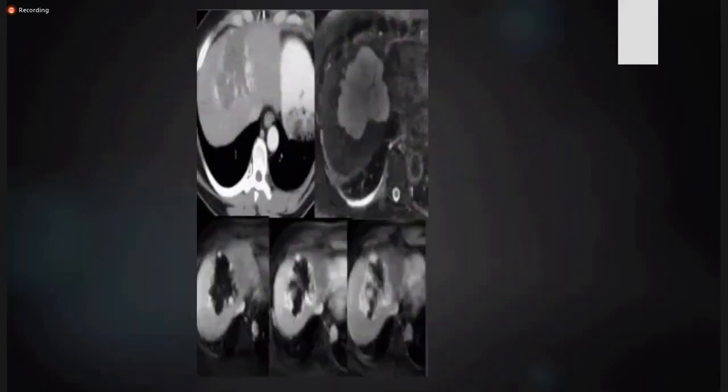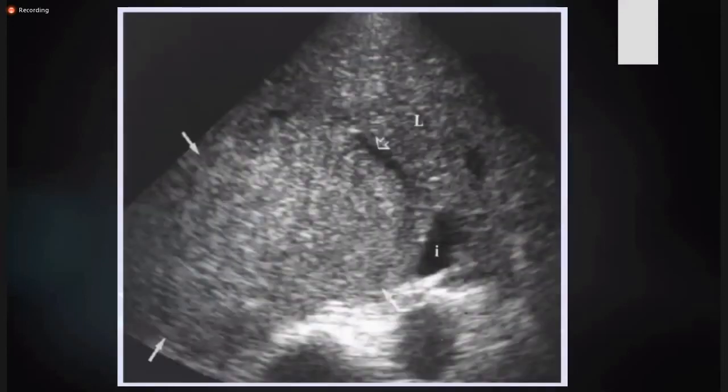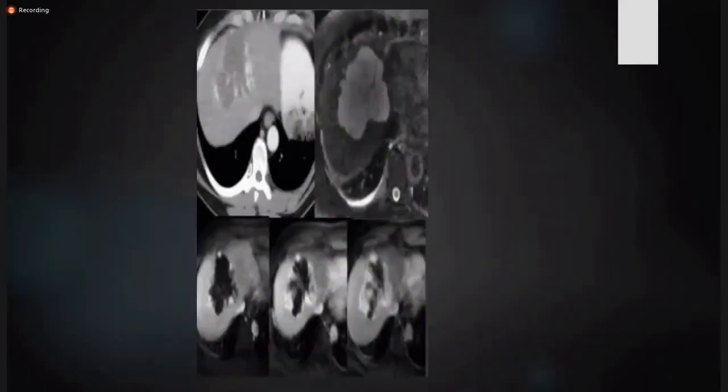So what will you do? You will further go for CT triphasic as we discussed, or MRI triphasic. What will happen on CT triphasic? It will show peripheral puddling of contrast. The contrast will be seen in the periphery. On the first phase, the contrast will be seen in the periphery, and on the delayed images, we will see it filling in. So this is a typical hemangioma in which the first image shows peripheral contrast, and then the delayed images show filling in of contrast. More contrast is seen within the lesion starting from the periphery.